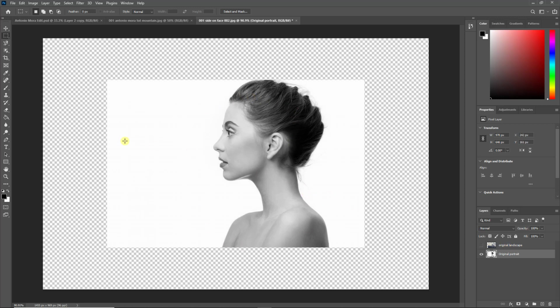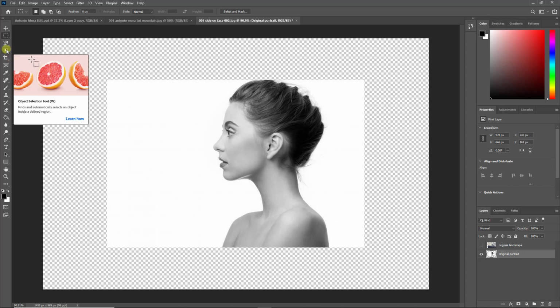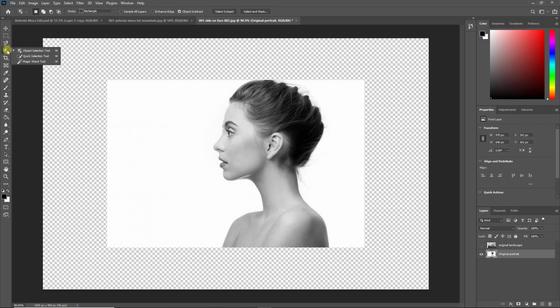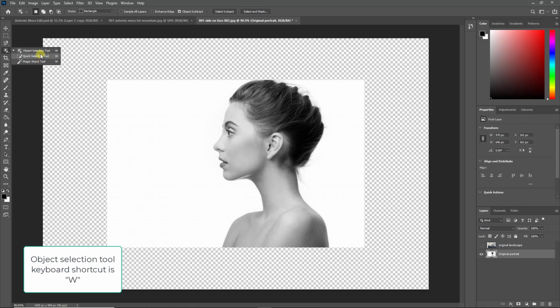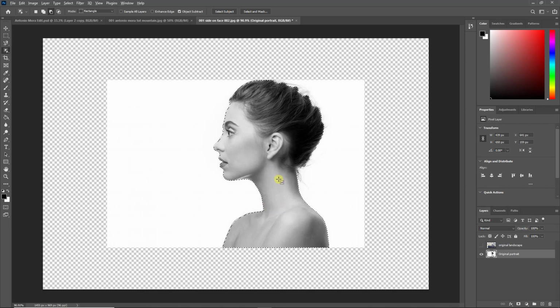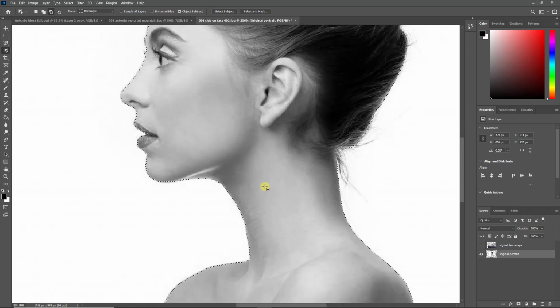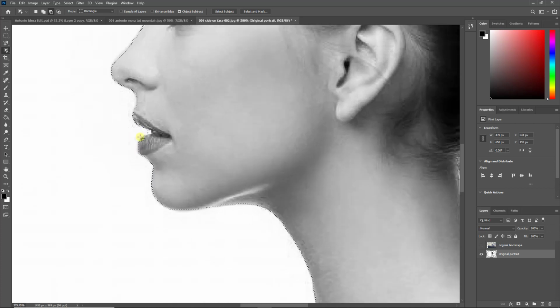Now, with this image selected in the layer panel, I'm going to use a selection tool, object selection tool, and if you click and hold on that, you'll get a number of different options that come up. Some you might prefer. Try them out, see which one works best, but in this case I'm going to use object selection tool. I'm going to click and drag around my model, and that should give me a really nice selection quite quickly. Just going to zoom in, holding the Alt key down, and there's a little bit of white